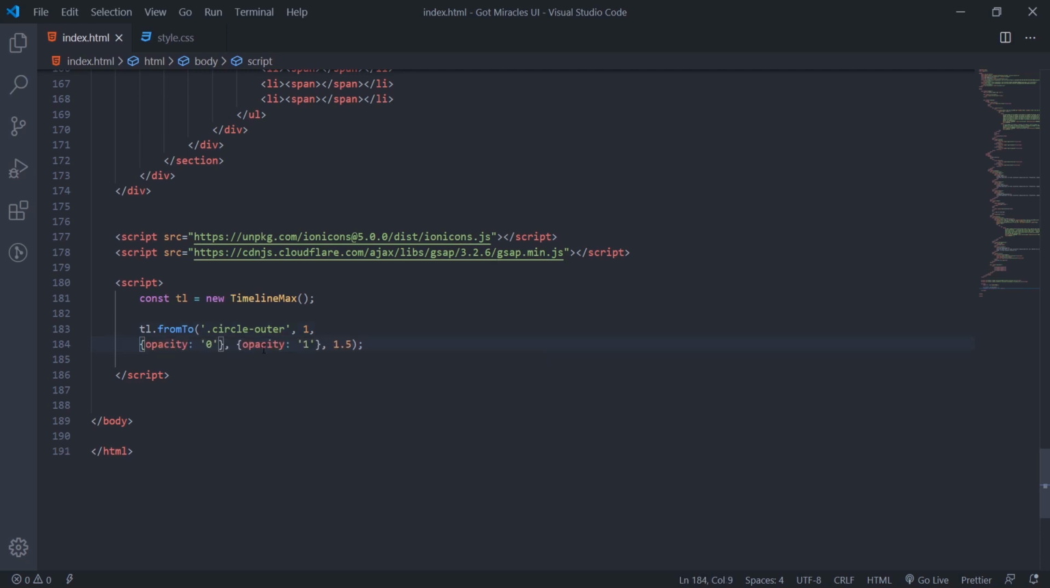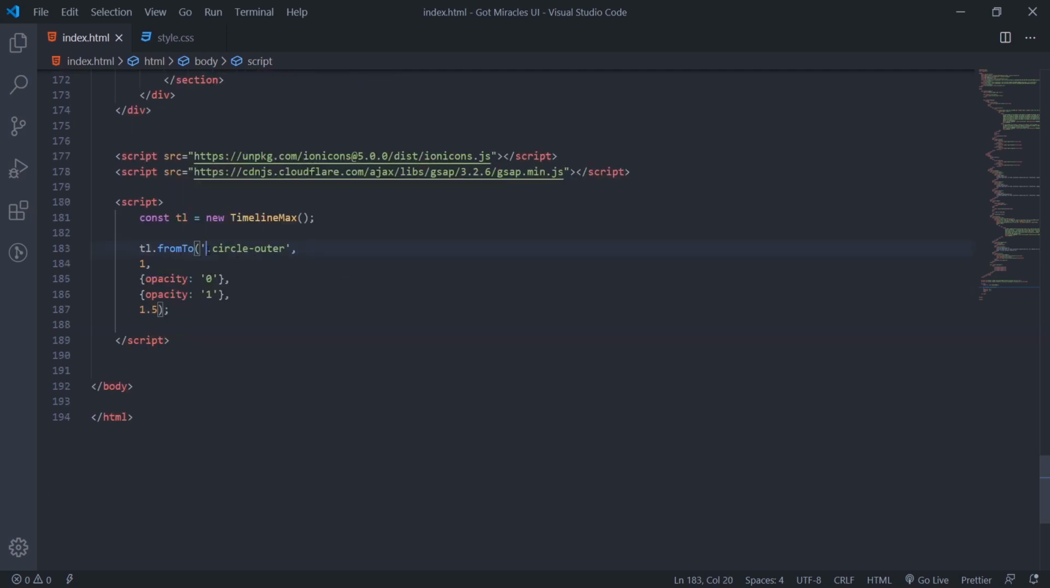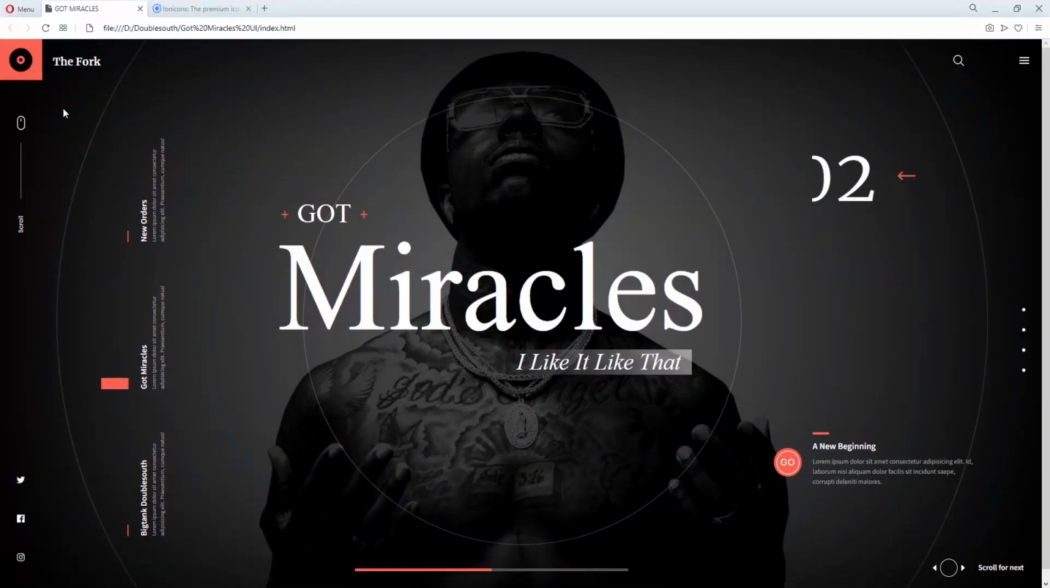I'll break it down as I go so it's understandable. Timeline from to, we target the outer circle. This value is the time it takes for the animation to finish, then the delay, then the starting value, then the ending value. So if we go to our code now and refresh,